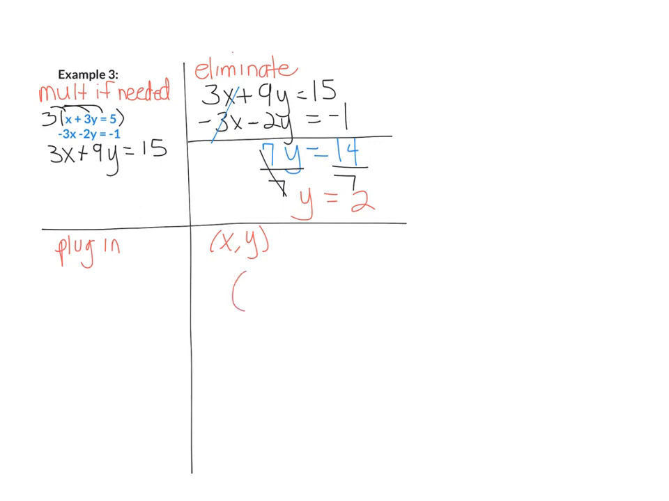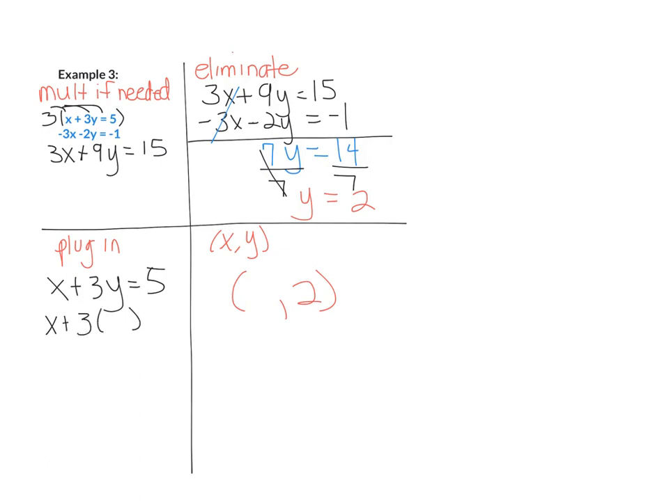So I know part of my answer. I have something, comma, 2, because my y equals 2. So now I'm going to plug it in to one of the two equations. I'm going to plug it into the first original equation. So I have x plus 3y equals 5. So where my y is, I'm going to plug in 2. So I have x plus 3